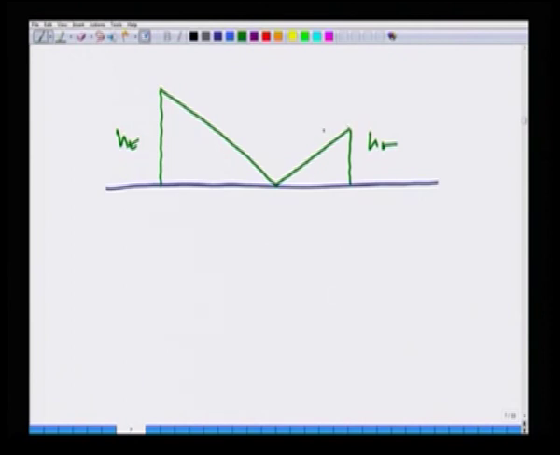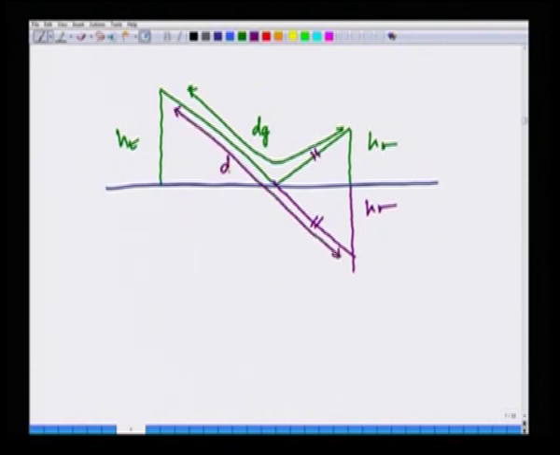The length of the ground reflected component dg is nothing but the sum of these two components. What I will do is, I will use the method of images. I am going to extend this below by hr, and I am also going to extend this below. You can see that these two are equal in length. Hence, this